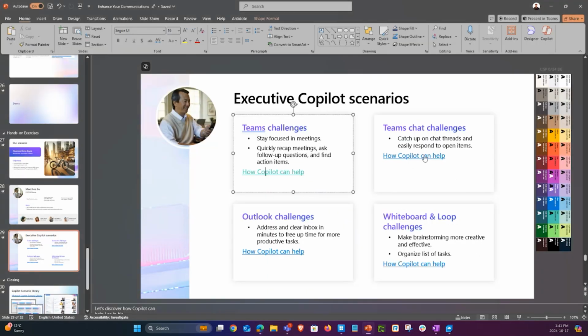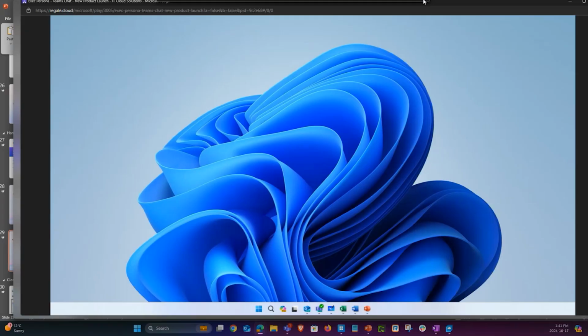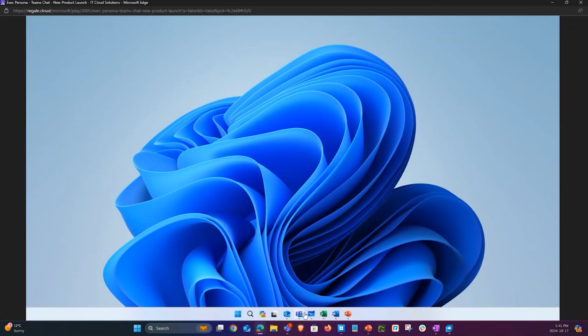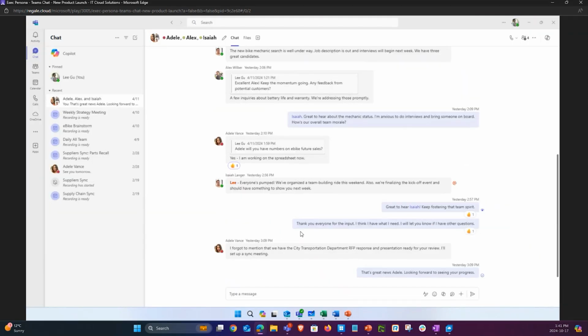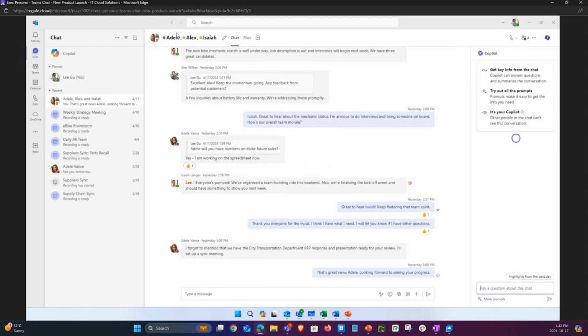So let's try now regarding the Teams chat challenges. Let's see how we can easily catch up on the chat threads and easily respond to all of them. I'm going to launch the demo here and go to Teams. As you can see, there are a lot of new messages. If we launch Copilot on this group, there are 4 people in it, and ask it